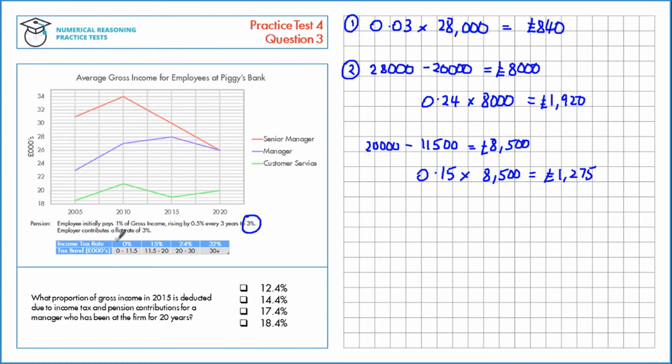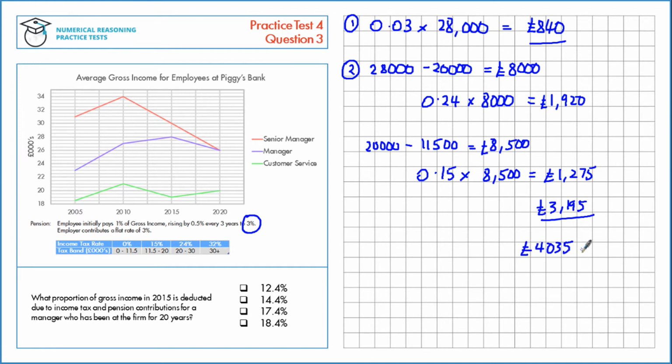Finally, they pay 0% tax on their remaining income under 11,500, so we don't need to calculate any tax for that. In total, we need to add up these two to calculate the tax paid, which is £3,195 total. So, this and this have both been taken out of his basic income for the year, so we need to calculate the proportion that those represent. Let's add those two together, which leaves us with